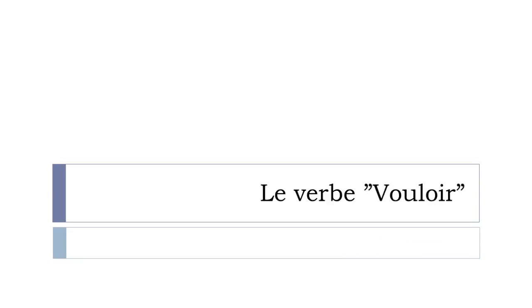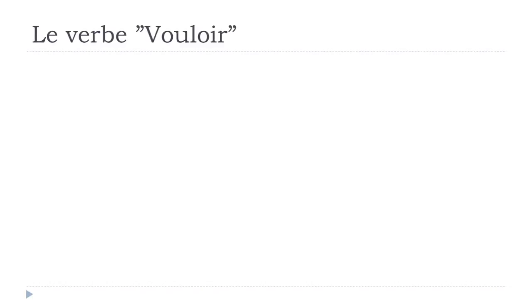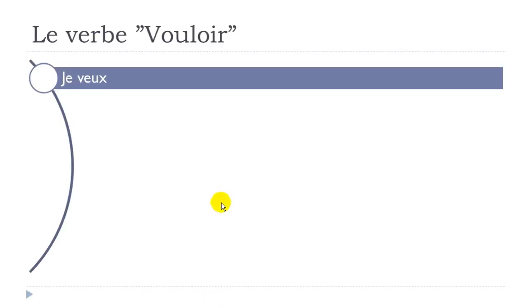And in this lesson we'll see how to conjugate together le verbe vouloir. Vouloir means to want, and it belongs to the third group of verbs in French, so irregular. So that's the reason why I think it's quite good to see the conjugation at the present form together. So here it goes. Vouloir, first person,